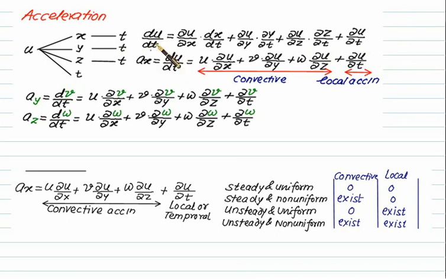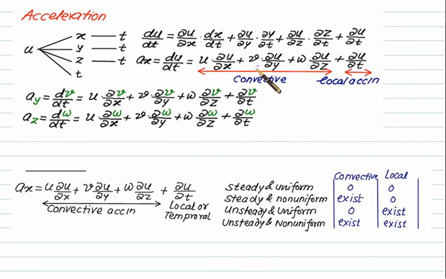So here du by dt is nothing but ax, and we can very well write dx by dt equal to u, dy by dt equal to v, dz by dt equal to w. So the first three terms are u into del u by del x plus v into del u by del y plus w into del u by del z. Remember here we have u, v, w, and since we have x, u will repeat everywhere, and then you have to take the derivative along x, y, z. That is called convective acceleration. And the last term, which is dependent on time, is called local acceleration.